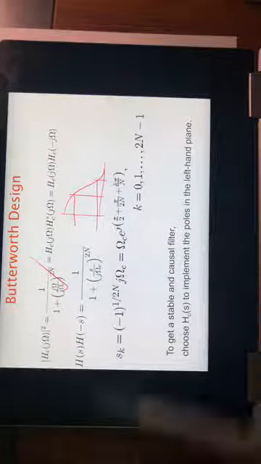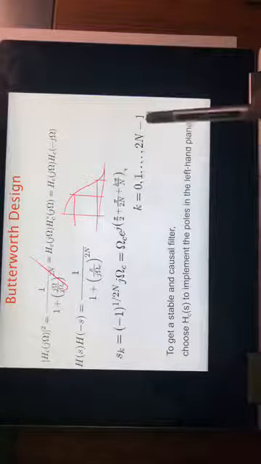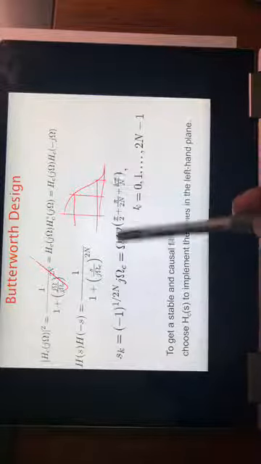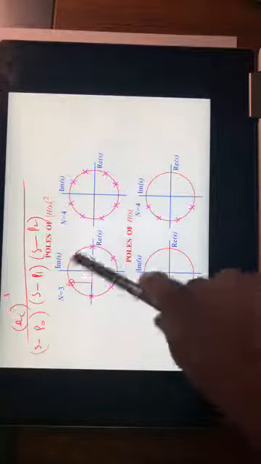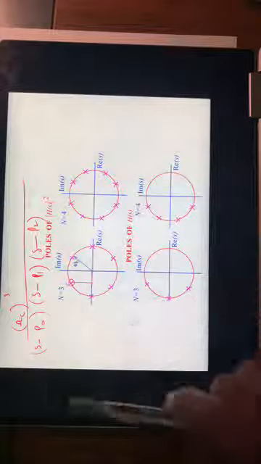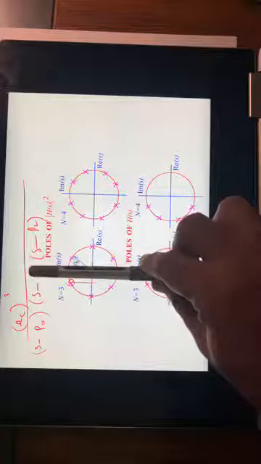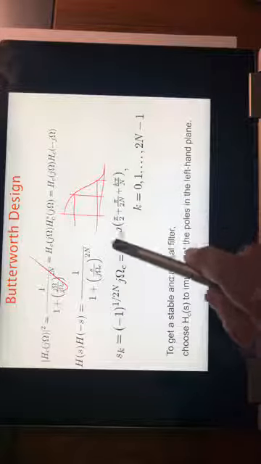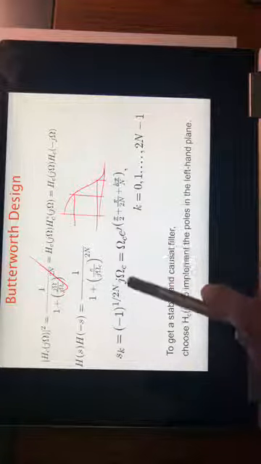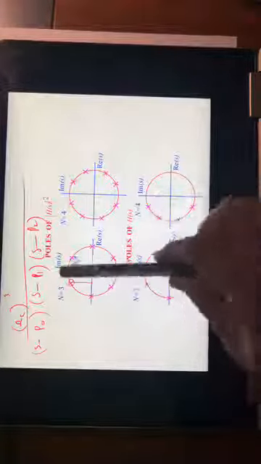And then you said, oh, for this expression I need to find the 2nth root of unity. 2n means k from 0 to 2n minus 1, put different values of k, and you get all these poles, 2n poles. If you look at the expression, it will be something like this. If, for example, n is equal to 3, you have 3 poles here and 3 poles here. They will be symmetrically placed across pi by 2. Why pi by 2? Because of this j appearing here, this j is primarily pi by 2. So across pi by 2, I start from here.